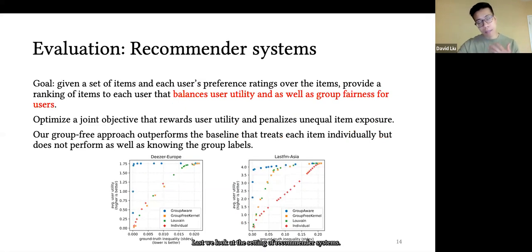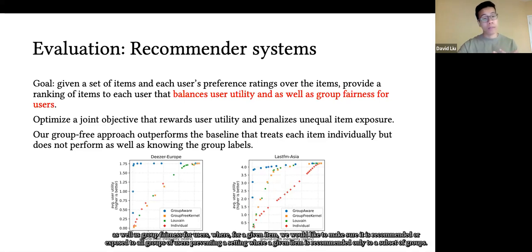Last, we look at the setting of recommender systems. Here we consider a world where we have a set of items, and for every user, we have their ratings over these items. And our task is to provide a ranking of all the items for every user. And we would like to balance on one hand user utility, or the user's enjoyment of their highly ranked items,